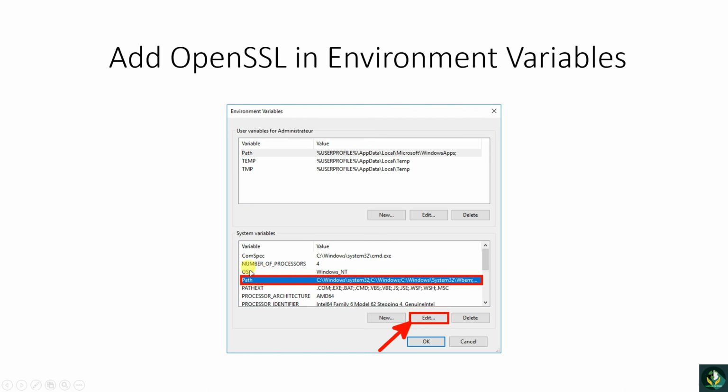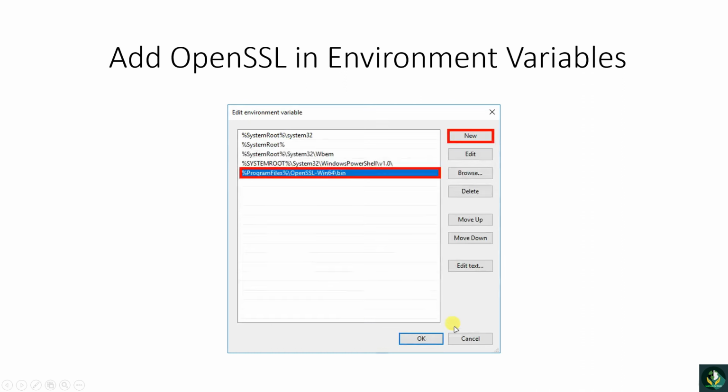Make sure you first select Path, otherwise you cannot edit. Select Path, then Edit, and it will show a list, which may be blank. Make sure you click New, and after creating a new entry, you can type. Type it just like this. Don't forget to add this, it is the important part. Click New, then type the line that you are seeing in this picture,